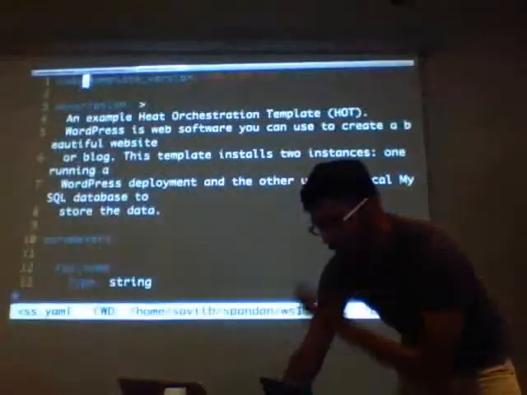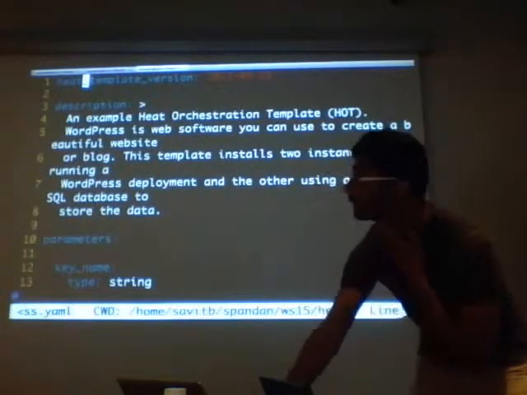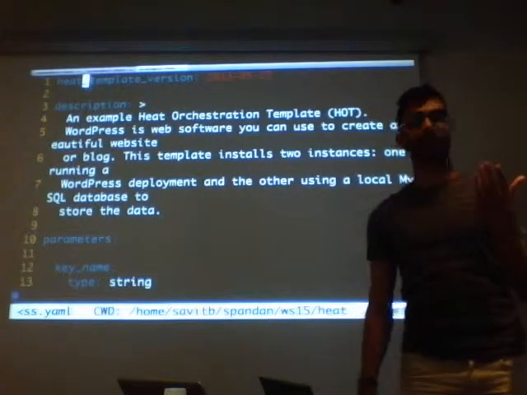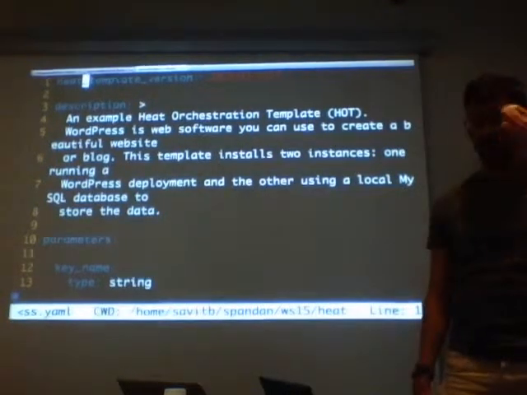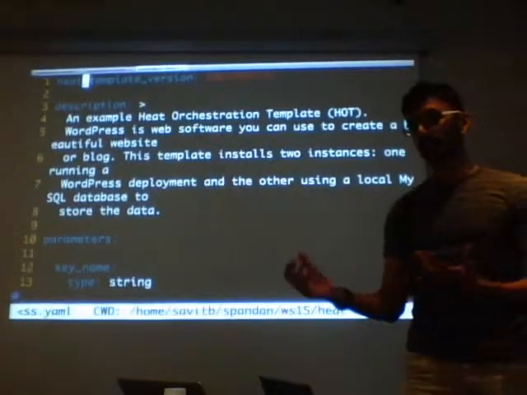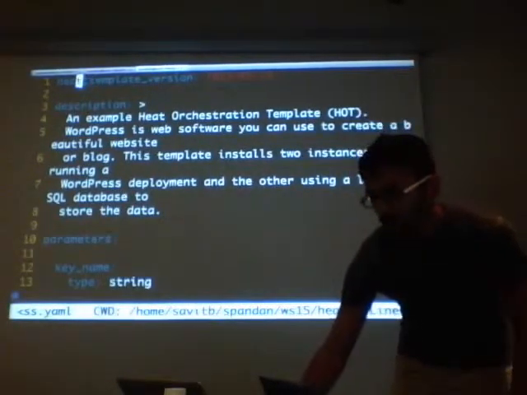Okay, so this is a template file for a WordPress deployment. What this creates is a WordPress server, which it configures to run WordPress, and then a database server, which it configures to run MySQL. So as you can see, there's a